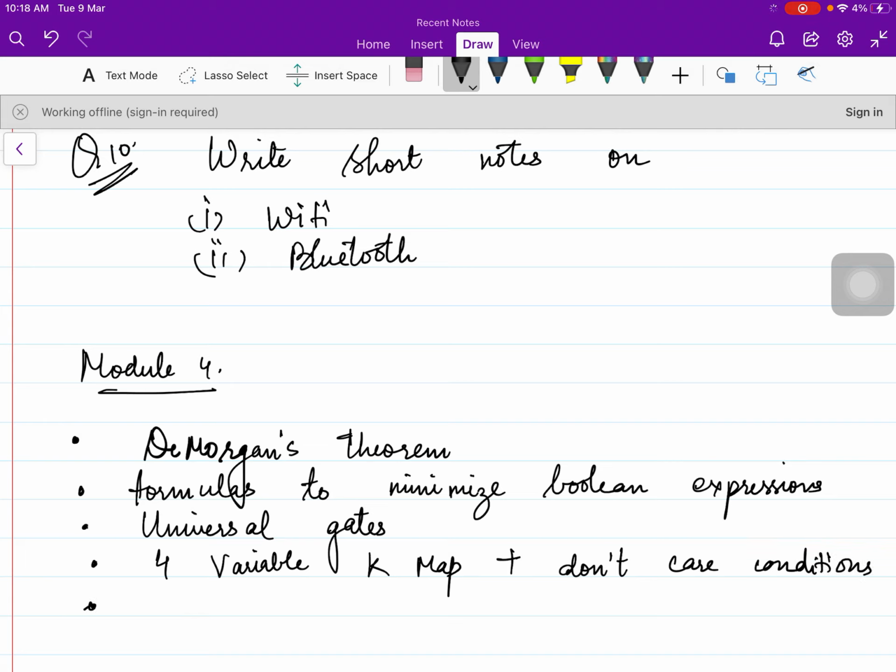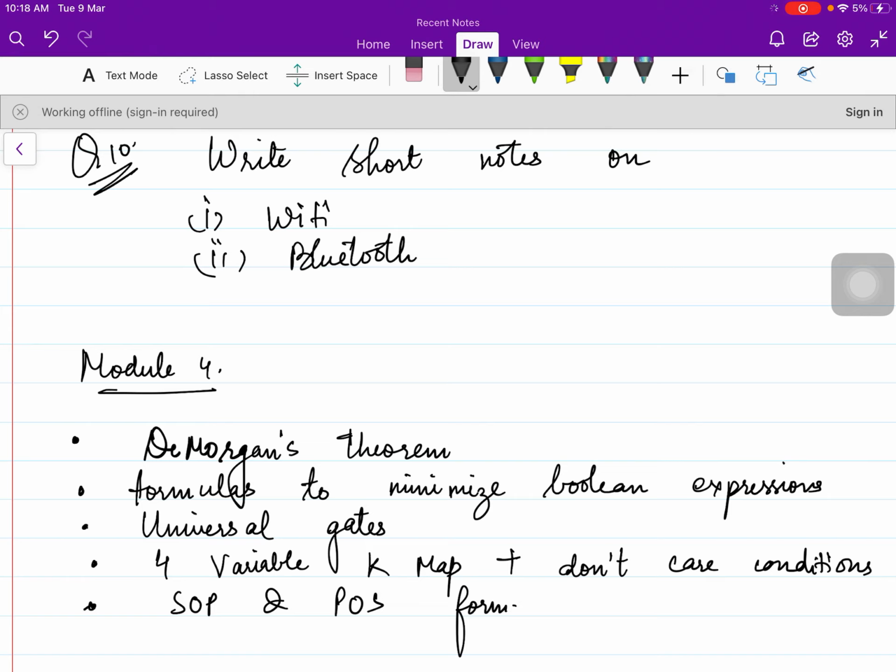Okay. And one thing more, you must know how to solve them in SOP or POS form. If you normally solve it, as we have started this strategy, then you will get the answers in SOP form. That means if you are given an expression and you are not asked to solve it in either SOP or POS form, then by default you will be solving it in the SOP form, that is sum of products, because you will be mentioning 1 in the blocks that will be given to you in the question, and don't care if given.